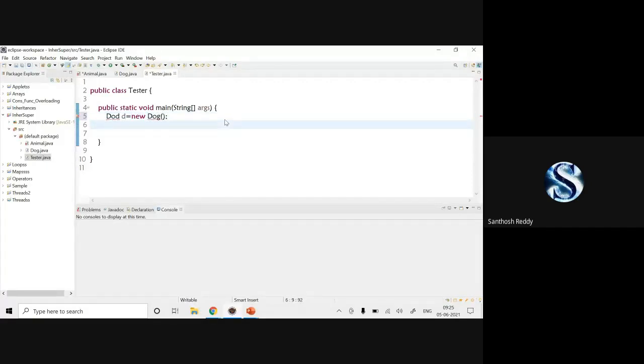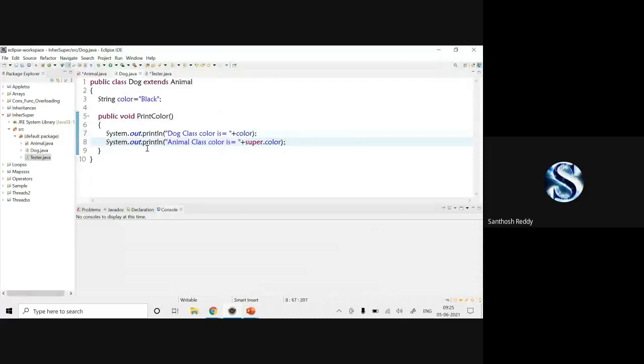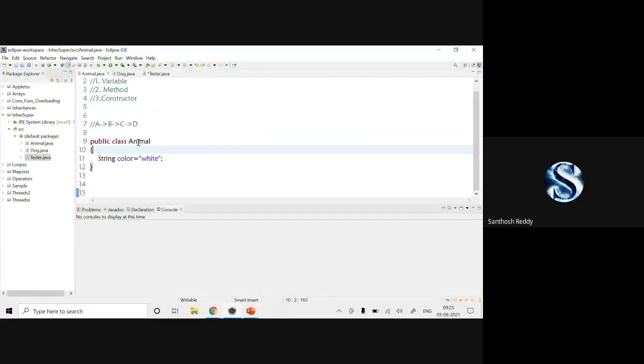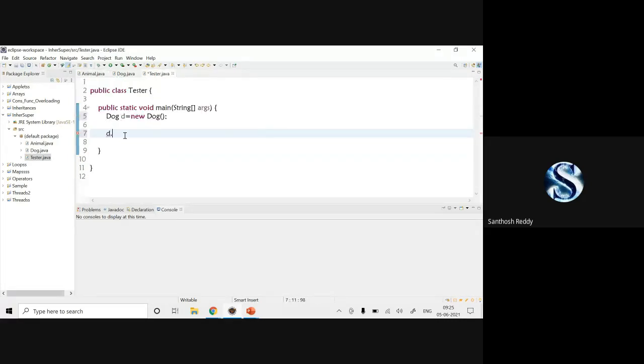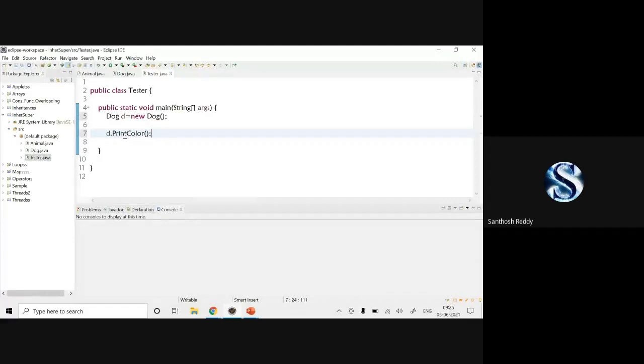That's it. Save the code. Now d dot printColor, that's it. Save the code.